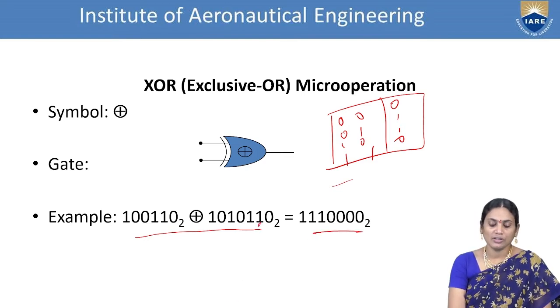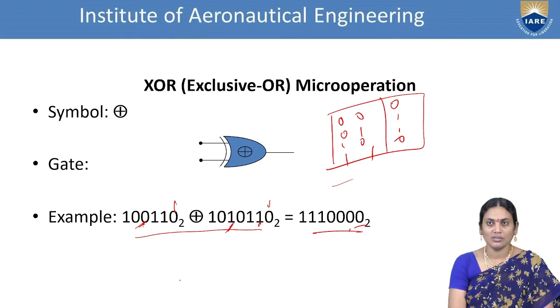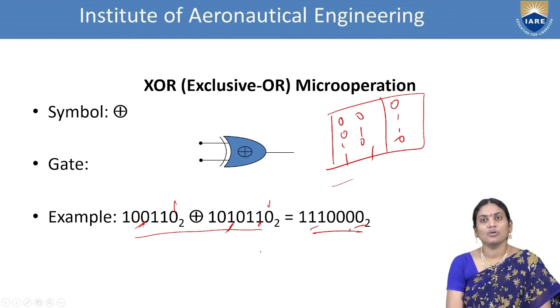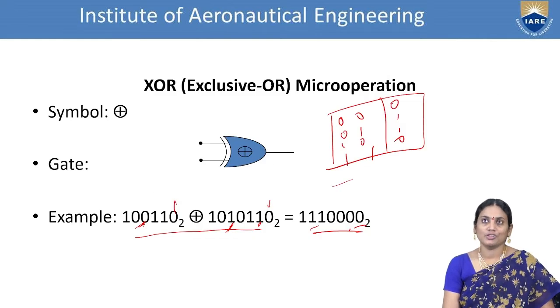You can observe that two ones are there, so output is 0. Two zeros are there, the output is 0. If I have any one combination here, for example, from the MSB, third bit is 0 and from MSB, third bit is 1, so we have a combination of 1. So in this way, we are performing the operation of XOR gate with respect to exclusive OR cases. So these are the 4 basic operations of the logic gate.